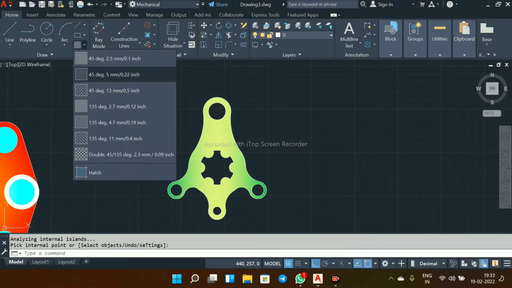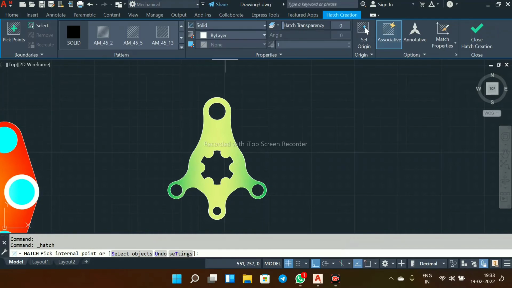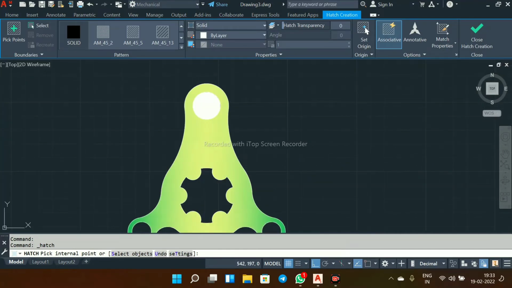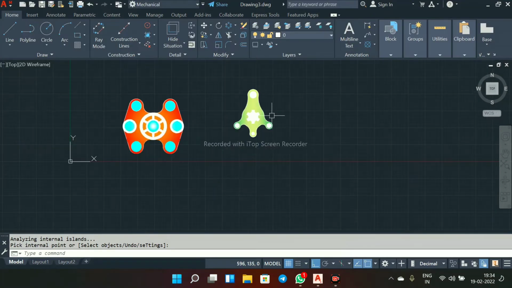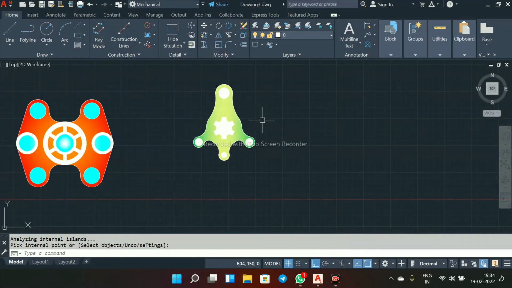Again go to hatch, select this solid, select here white color, and choose this close boundaries. So our two sketches are ready.